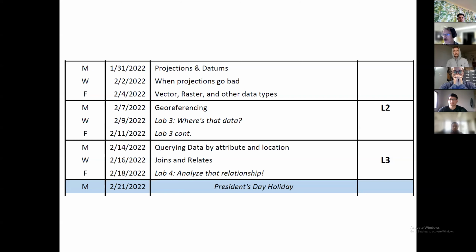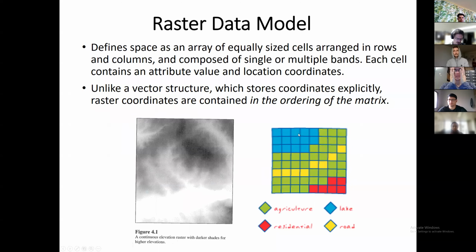Okay, so let me go ahead and talk a little bit about map projections, again, building off of what we talked about last time. We were thinking about